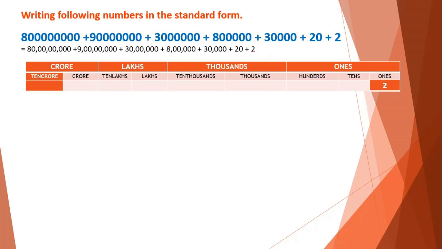So we know that this 2 is in the ones place, so I wrote 2. The next number is 20. We'll look at the non-zero digit, that is a 2. This 2 is in the tens place. Therefore, we need to write this 2 in the tens place. We need to skip the zeros. After 20, they have given 30,000. In this, we'll skip the zeros. We'll look at the non-zero digit, that is a 3. 3 is in the 10,000s place, which means they have not given hundreds or thousands.